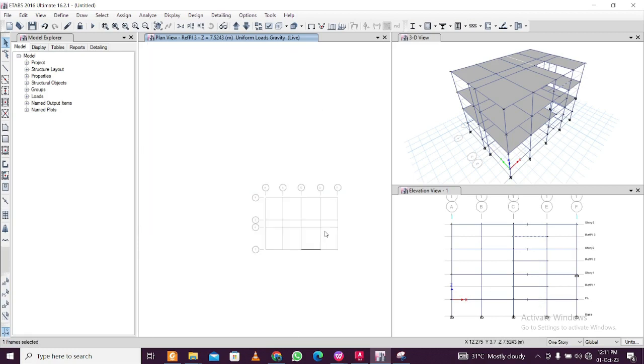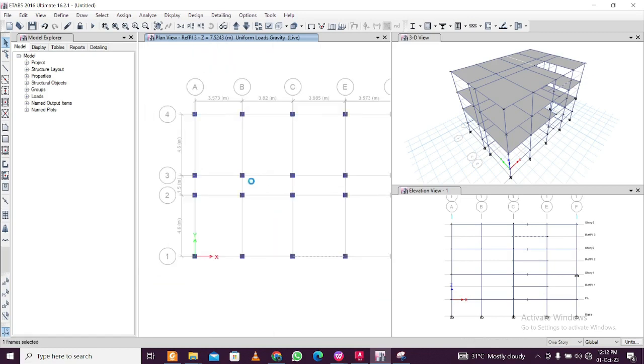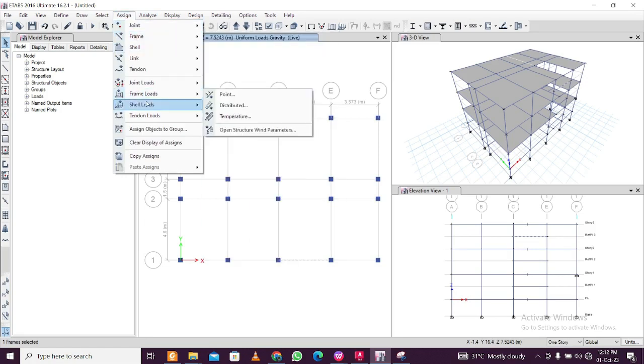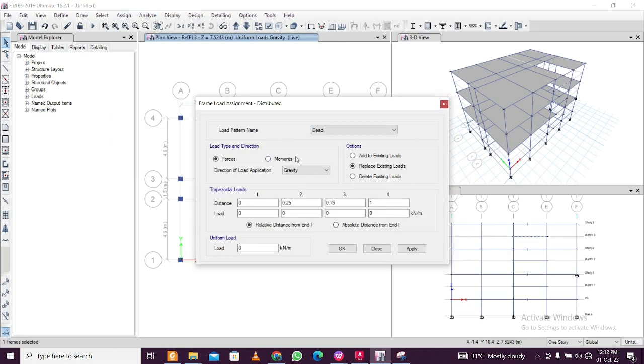All the beams are selected, and then go to assign frame loads, distributed, and we'll apply dead load